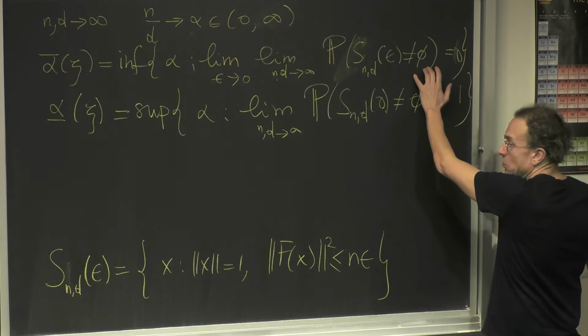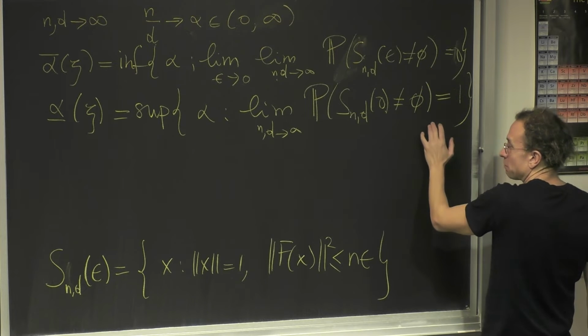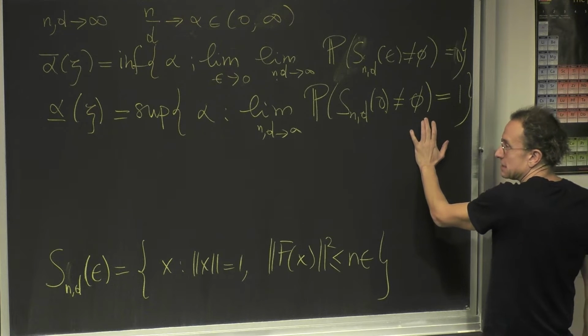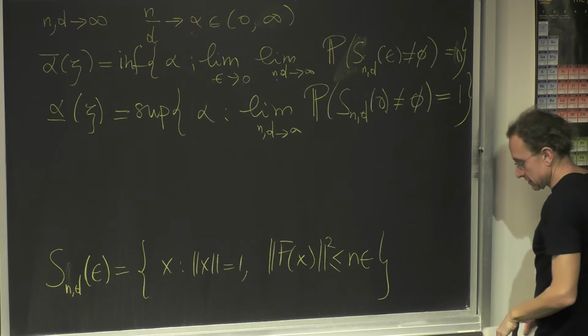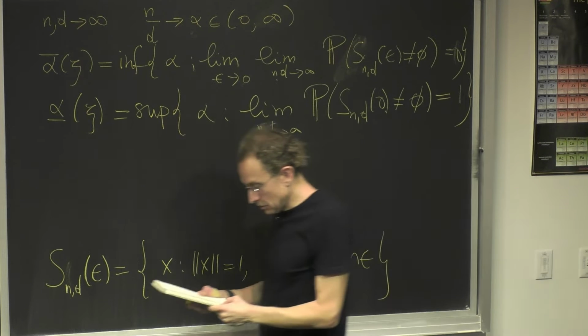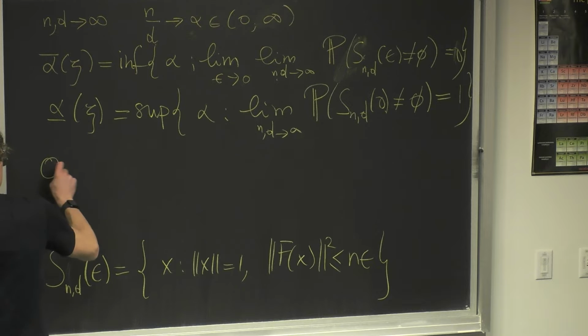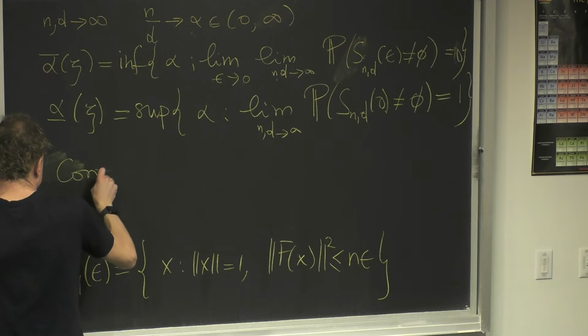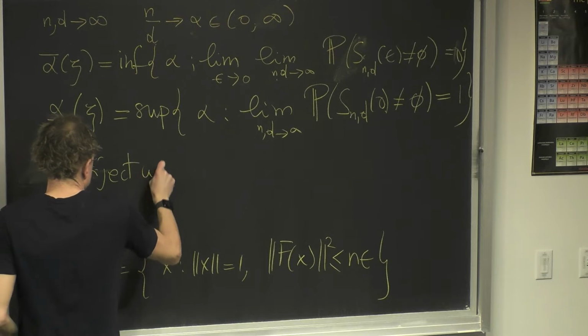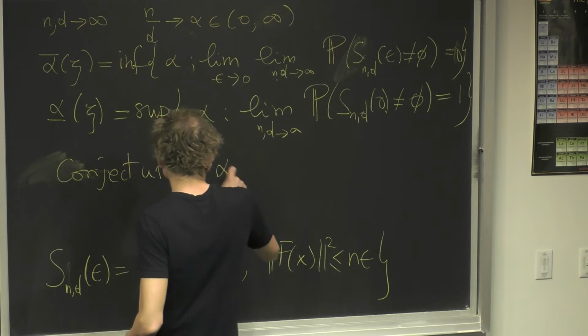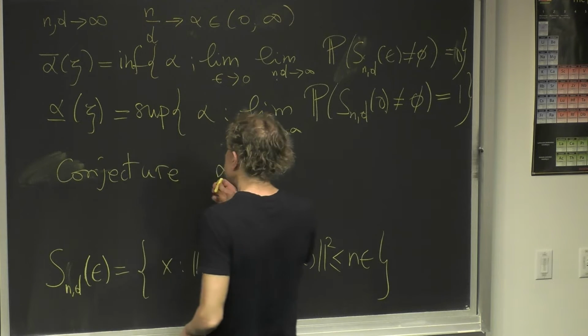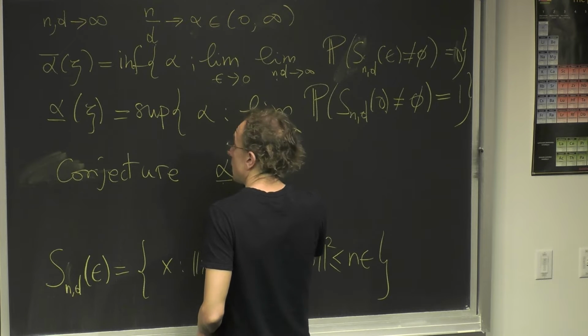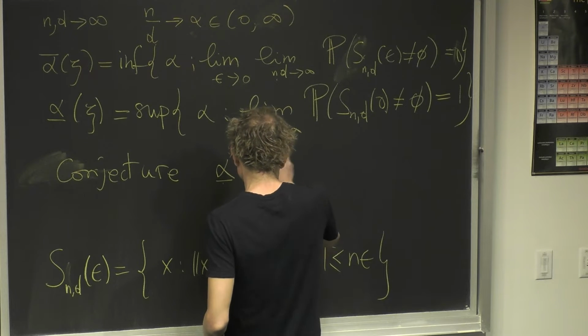This is the smallest alpha such that there is no such approximate solution, and there is the largest alpha such that there are exact solutions. Okay, so first open problem. Okay, conjecture. The natural conjecture is that at least for generic psi, alpha bar is equal to